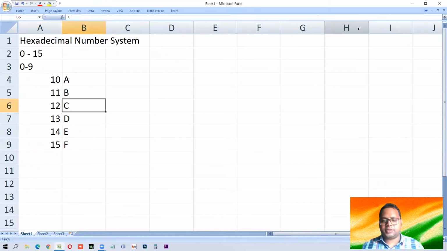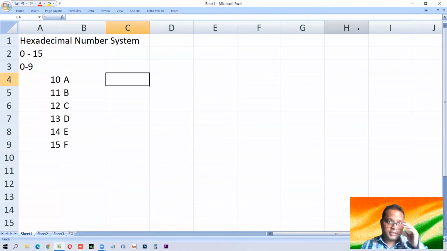So let us first start with converting a decimal number to a hexadecimal number. In order to do this, you have to know how to divide any number by 16. So you need to know the table of 16. If you don't remember the table, there are a lot of ways. So let us first take any decimal number, like 398. This 398 is in decimal form.